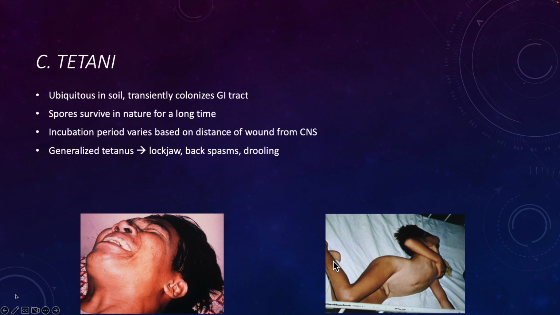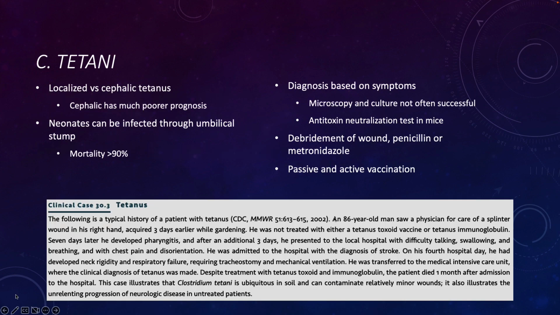So these are two patients who have tetanus. This patient, they call it a sardonic grin. He can't control his face, and so all the muscles in the face are constantly contracting. And then this patient has, you can see the back spasms. He can't control his back. So if it gets into that central nervous system, if it gets near the brain, you have a much poorer